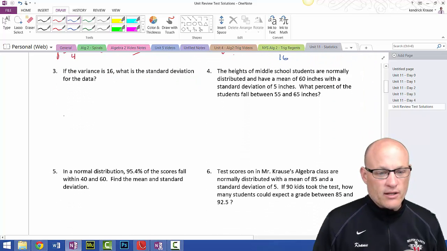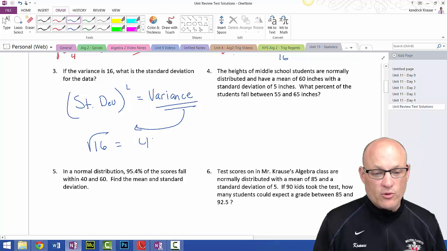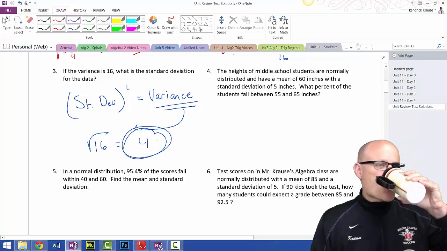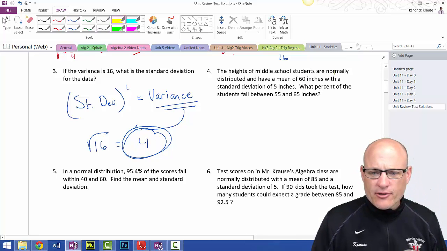If you remember correctly, I think we went over this in class, standard deviation squared is equal to variance. So to go backwards, we just take the square root. So the answer to this question is just the square root of 16. It is equal to 4, and that's the standard deviation. Anytime you see these words right here, normally distributed,